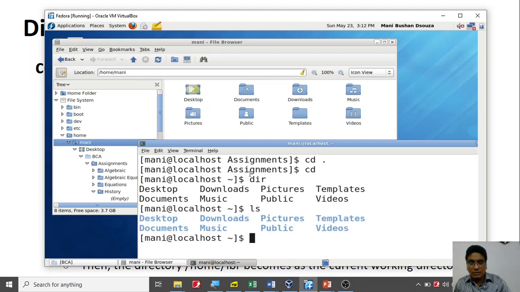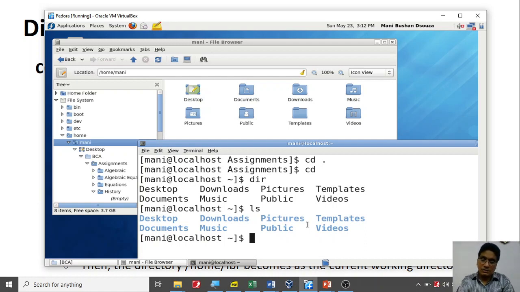This dir is not there in Unix, for your information. Dir is a DOS command, but it is there in Linux. If I type ls, you notice it is Desktop, Documents, Downloads and so on. So I am in my home directory.